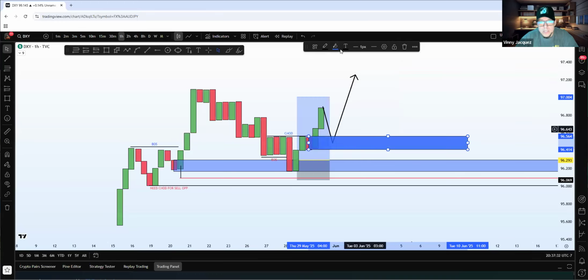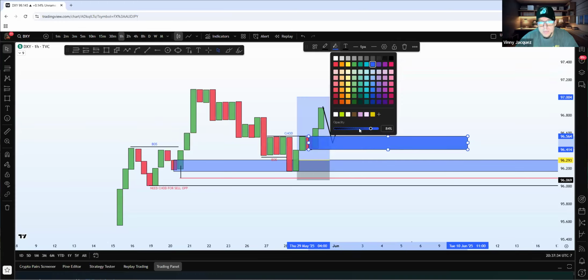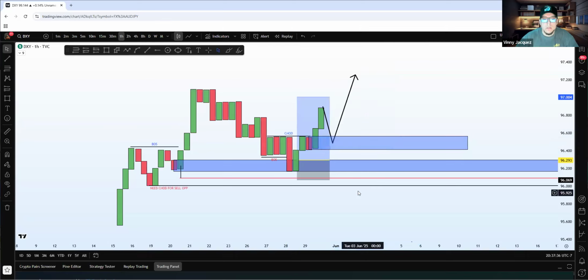Right. But once you get the change of direction, you can't be second guessing. If you're not taking the first opportunity, I get it. Sometimes you want to see everything play out in our favor before we take opportunities. I understand. I'm very cautious with my capital as well. So I do wait for confirmations like this, right?